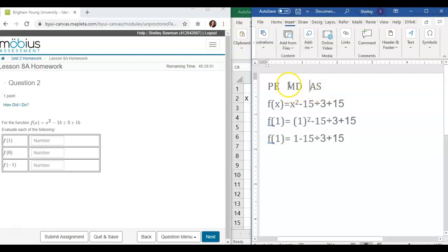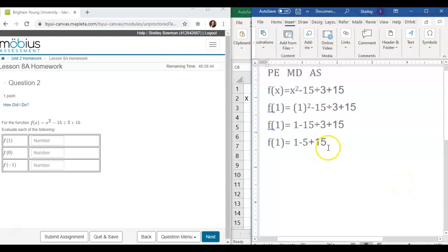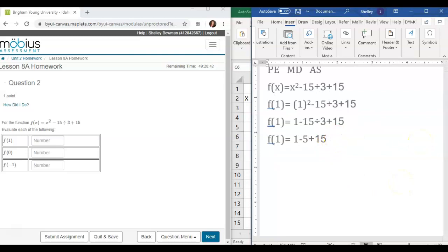So multiplying and dividing, the first multiplying and dividing I have is right here. So I'm going to evaluate that part first, or next, since we already did the exponent, and copy, paste it here. 15 divided by 3 is 5. And then I need to add and subtract from left to right. So I'm going to copy this down,